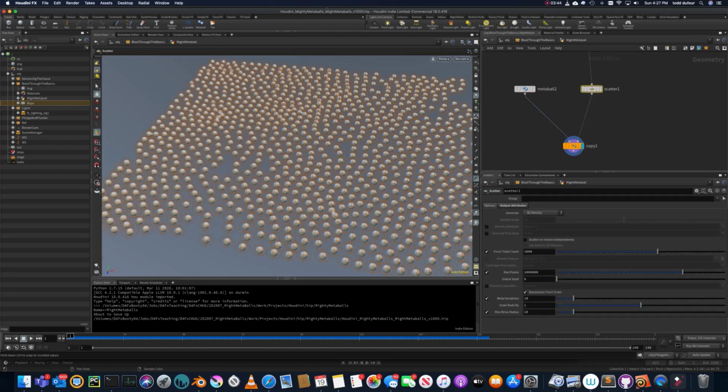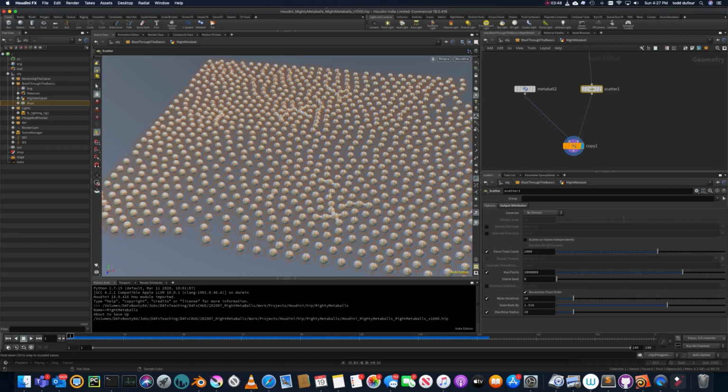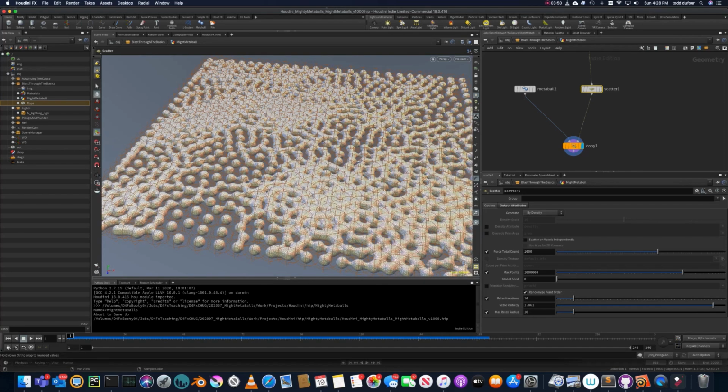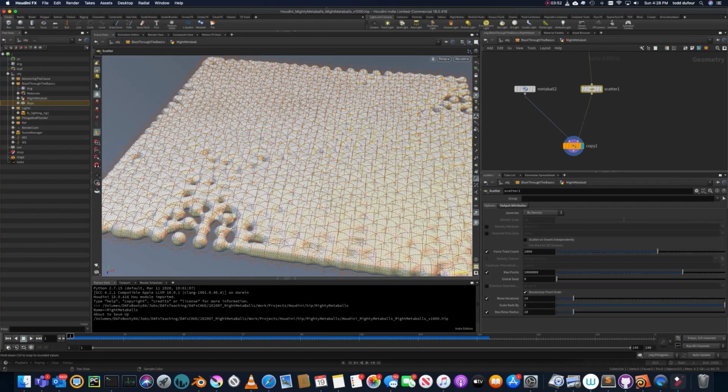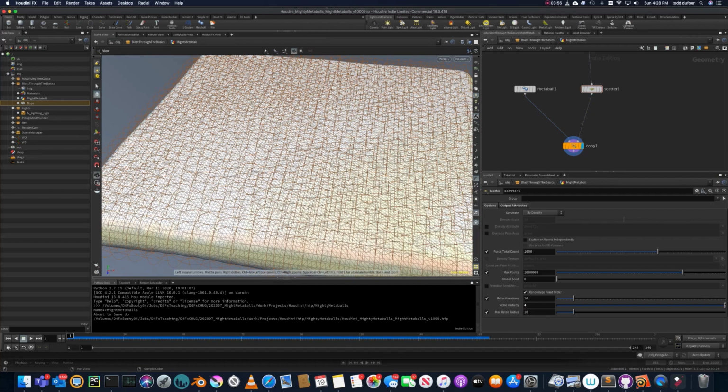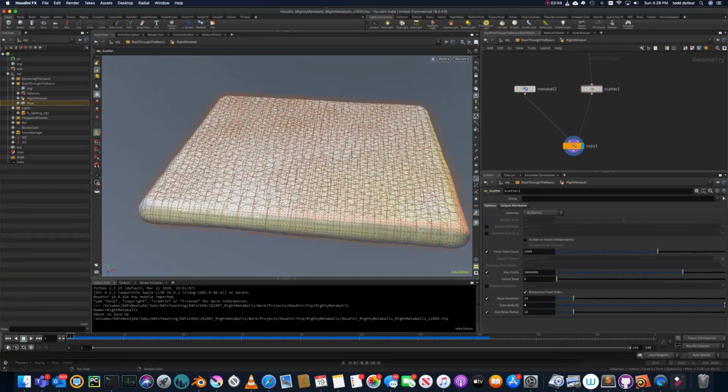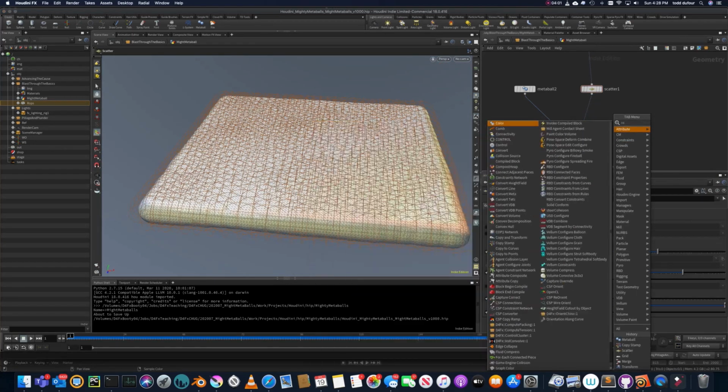Output scale radii, so we'll scale it up a little bit. Scale it up to 4. So now you see we get this great big crazy meta field. And again, it should